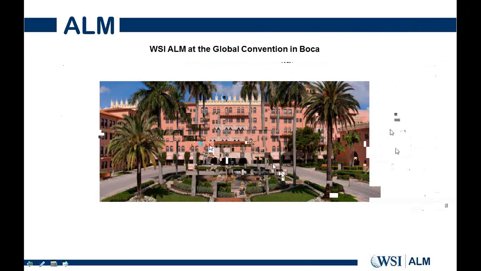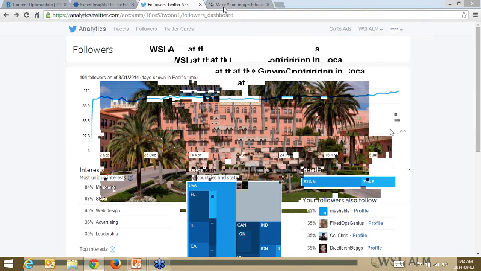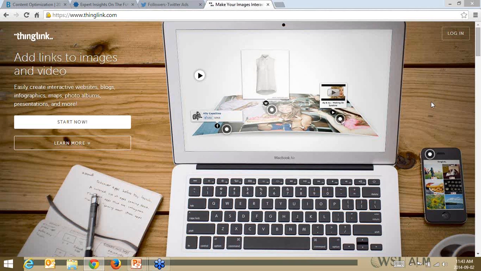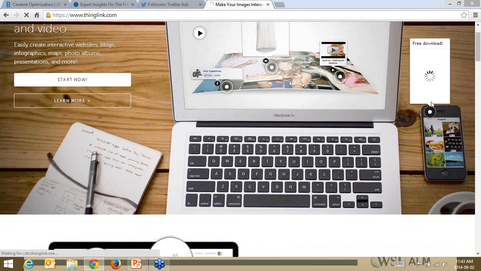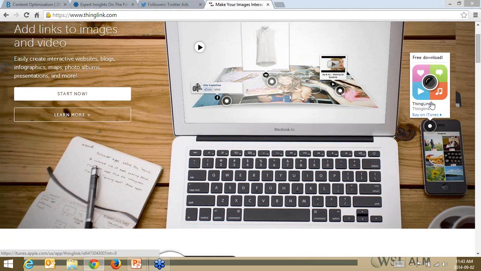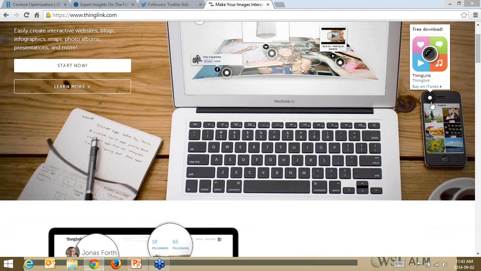Okay, excellent. Sounds good. So for this week, we have a pretty cool tool. It's called thinglink.com. Let's take a look at ThingLink. So here's the tool, and what it does is make your images or your video a lot more interactive and a lot more fun. If you're utilizing ThingLink, it's supposed to increase your click-through rates, increase your interaction rates, and enhance your visitor appeal to a very great extent.